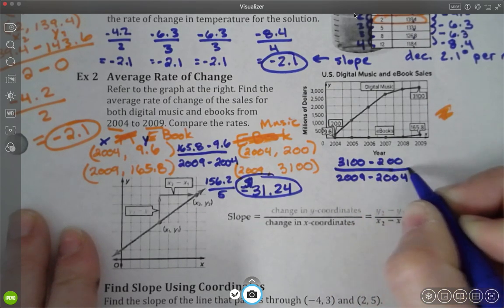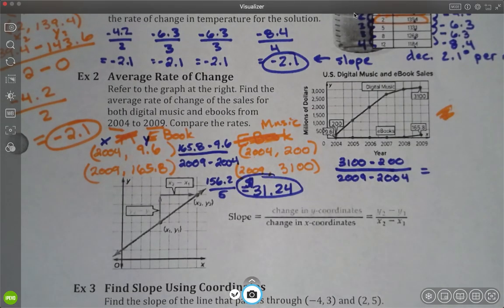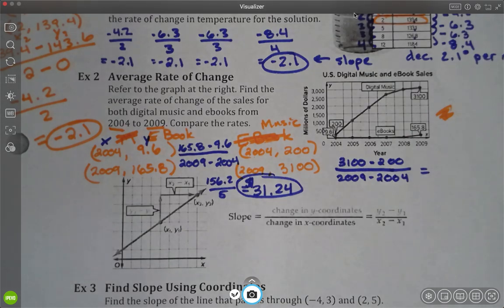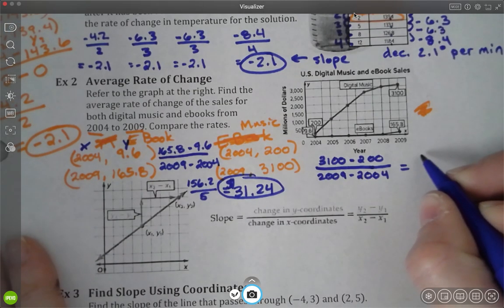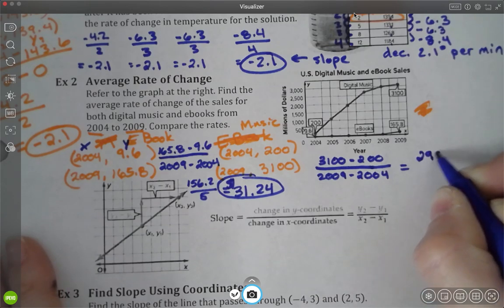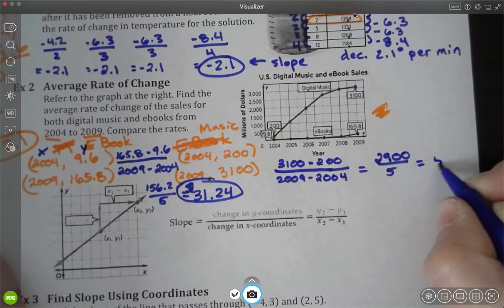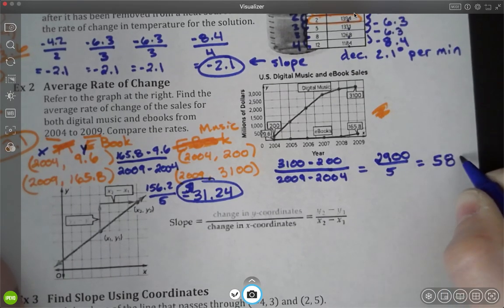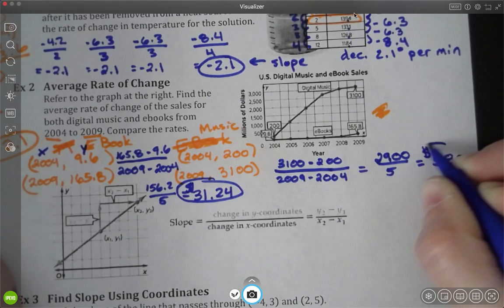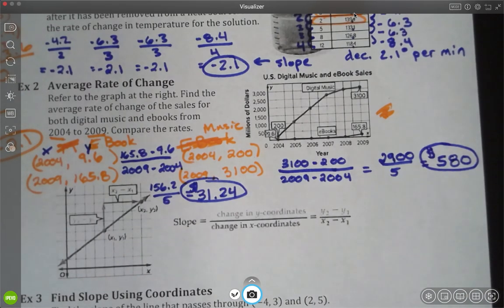If you want to take some shortcuts on the bottom, 2009 minus 2004, you might be able to do in your head and just put 5 down there, rather than writing the whole thing out. That's fine. 3,100 minus 200 is 2,900, divided by 5, and that is 580. $580 million is how much that's increasing per year,